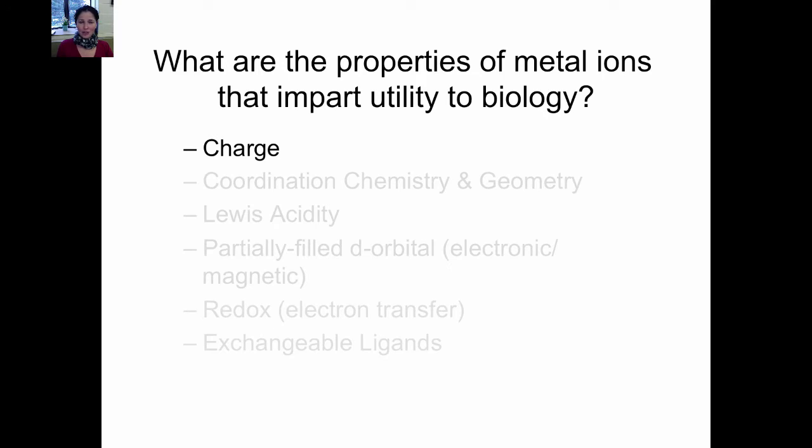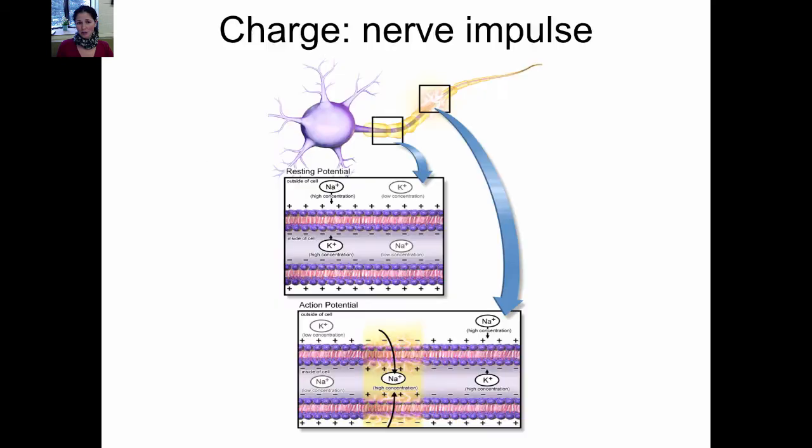So metal ions are used for their charge in electrolyte conductivity and charge balance. One nice example of this is how metal ions are used in nerve impulses for their charge. Here you see a cell body of a neuron, the axon, and the dendrites are not pictured, but they would be down here. The nerve cell sends an impulse down the axon to the dendrite where neurotransmitters are